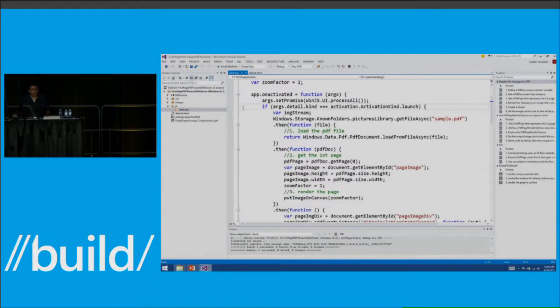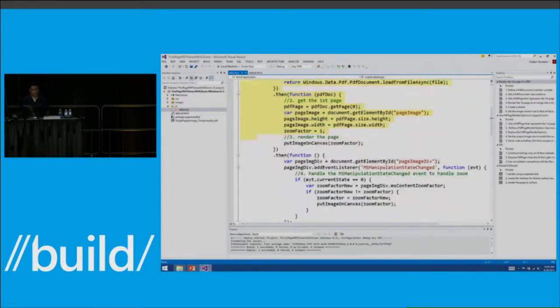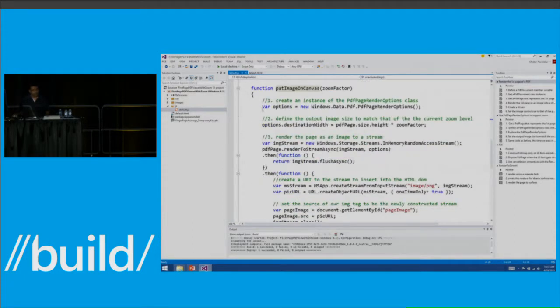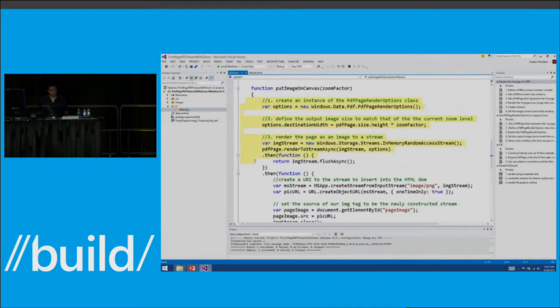The rest of the code is pretty much the same: getting the storage file object, loading the PDF document, getting the first page, and it's using this put image on canvas function to render the page at various zoom levels, which again is pretty simple: getting the PDF page render options class instance, setting the destination width, and rendering using the render to stream async method.